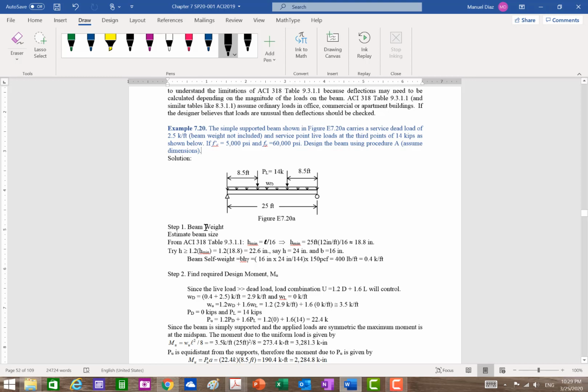Okay, so I need to find the beam weight. Oh, I don't have dimensions. Okay, so how do we find dimensions? Go to your table 9.3.1.1, simply supported, find your h minimum, L over 16. So that's my h minimum,